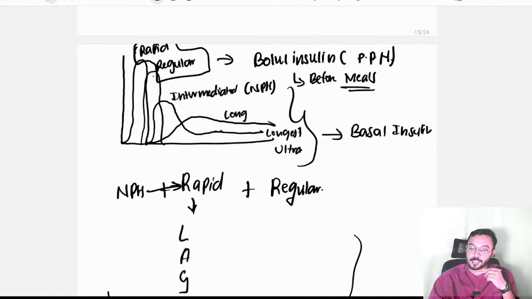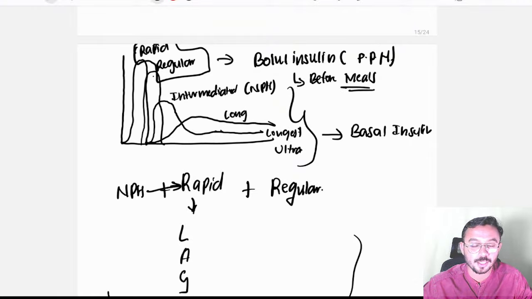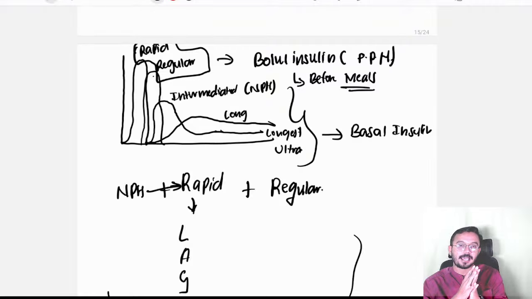And this is all about insulin, diabetes and all. In the next session, we are going to discuss all the endocrinology chapter related aspects in 2 hours. I will be completing all of endocrinology in 2 hours, which will be very helpful for your NORCET exams. After that, we will go for solving the MCQs also.